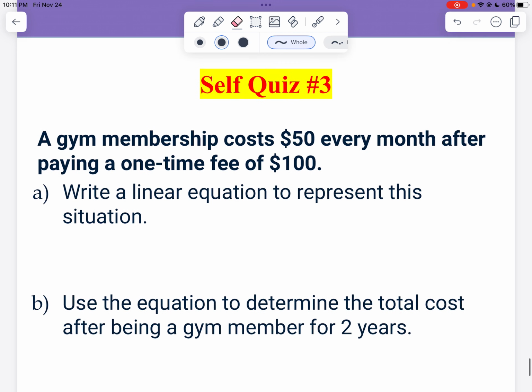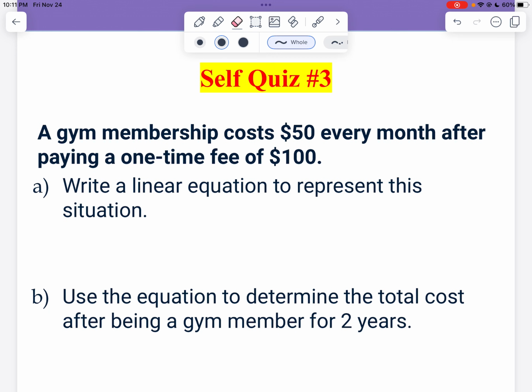So what I would like you to do at this point is complete self-quiz number 3 on the back of the 4.3 part 2 agenda. Once you are done with that, then we want to complete any remaining practice from 4.3 part 2. Make sure